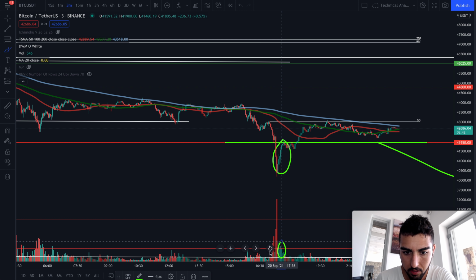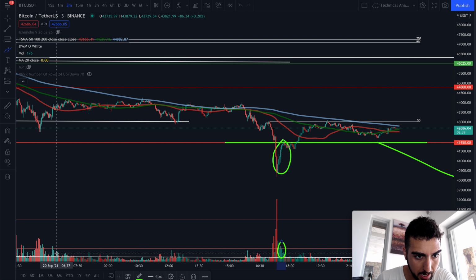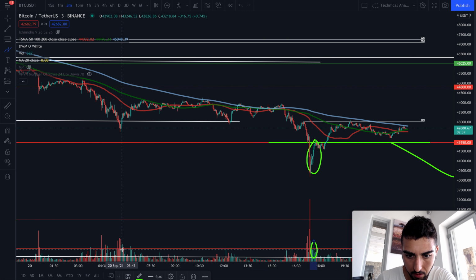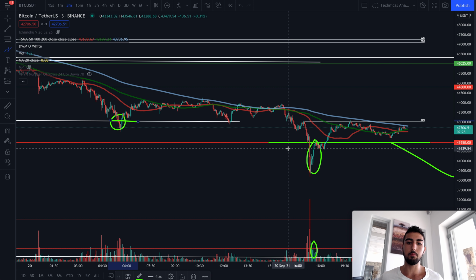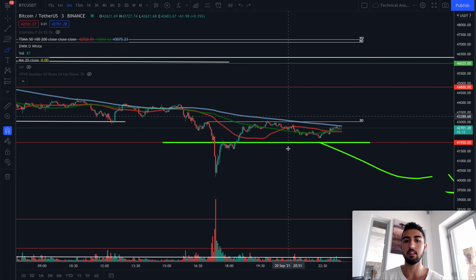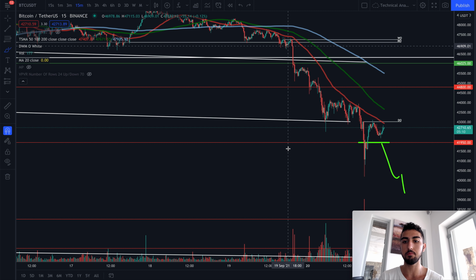The buyers really started to amp themselves up because prior to that, before we got to that level, the last time we saw buyers like that was at the market structural support here, right around that $43,000 level. So it looks like there is a portion of retail buying up these dips. And so maybe institutions don't want to just drive price down. Maybe they'll let this large buyer volume from retail come in to kind of keep the price afloat and more sideways. And that's why I always say the path of least resistance when there's light volume is always sideways